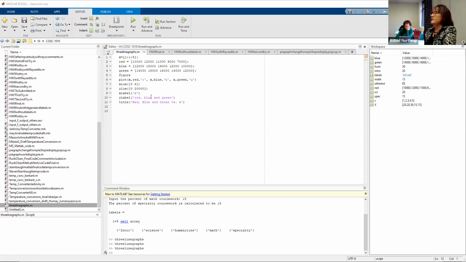So you'll see that red, blue, green versus X, that's my title that I requested here. The Y label is red, blue, and green. And the X title is just X. If I wanted to change anything about it, for example, the fact that this line is called red doesn't have anything to do with the color that MATLAB is going to produce. It's this little R here that tells me it's going to be red, and B and G. So if I wanted to change that, for example,